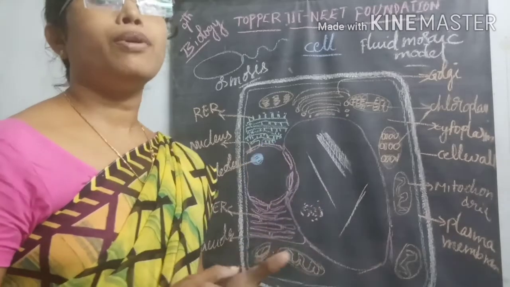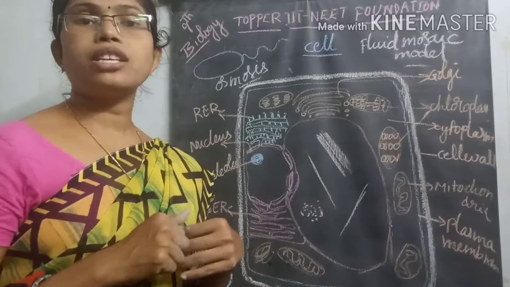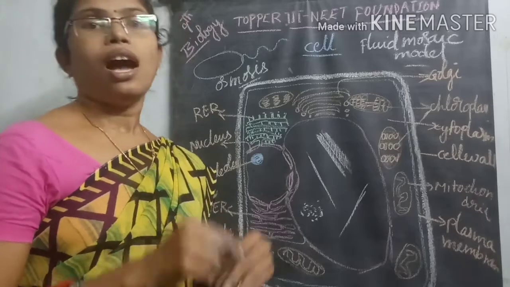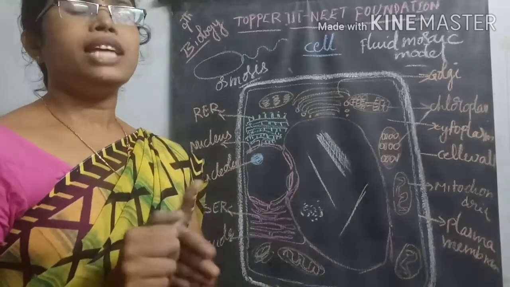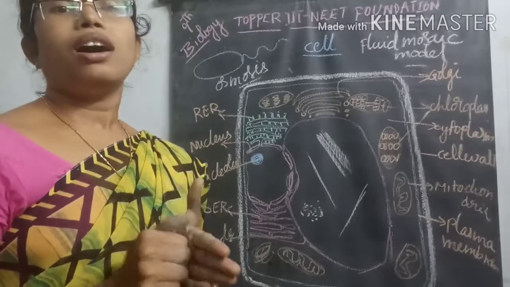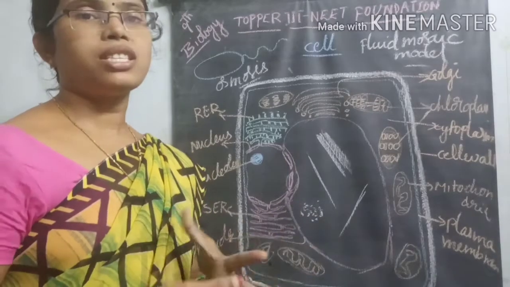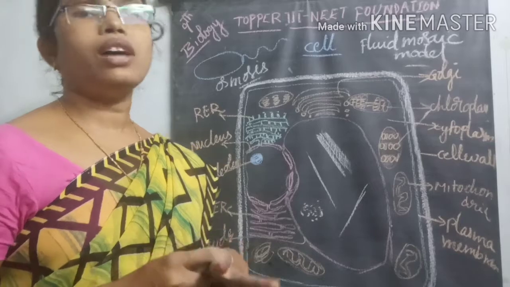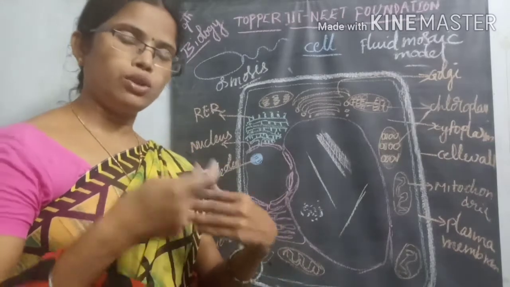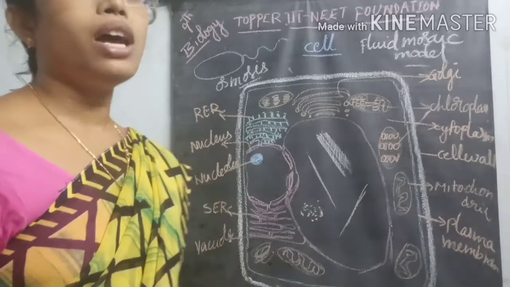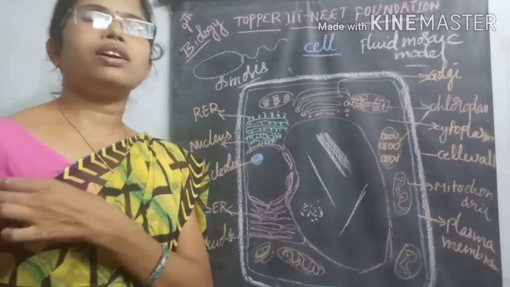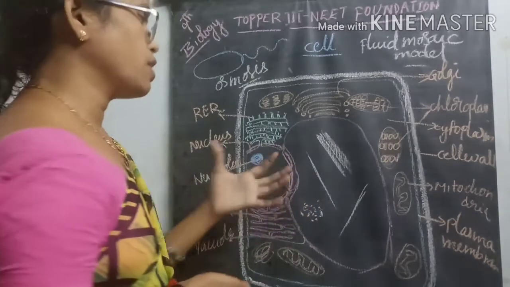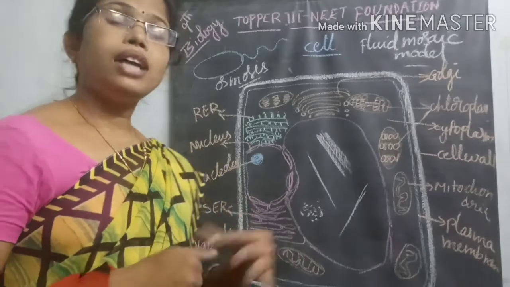These nuclear pores allow substances into the nucleus and outside of the nucleus, so they play an important role in pumping or allowing substances into or out of the nucleus. It is also connected in some places with rough endoplasmic reticulum and in some places